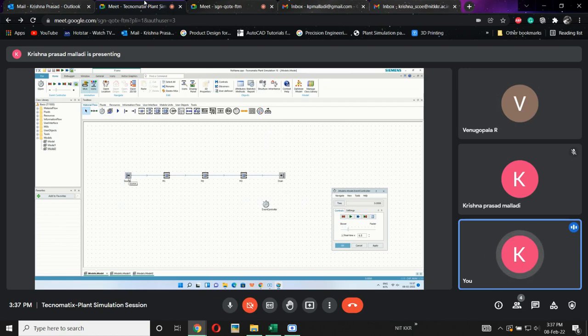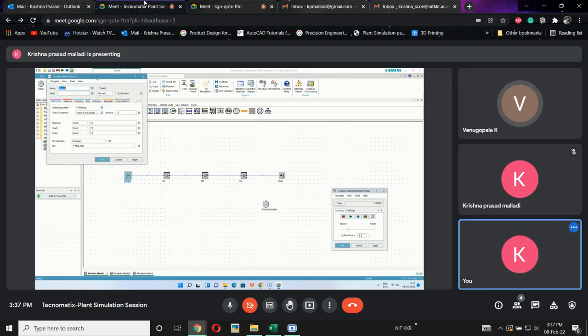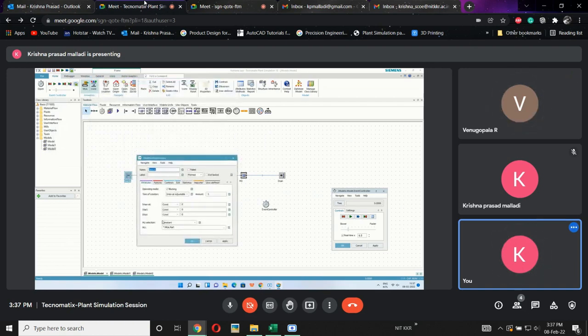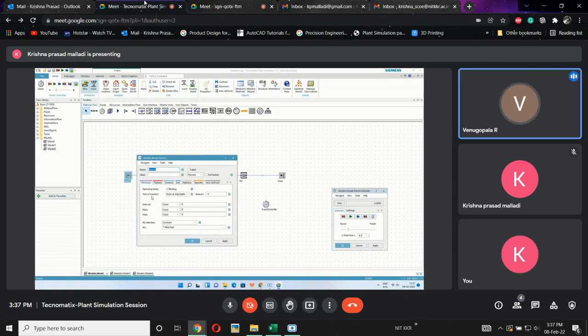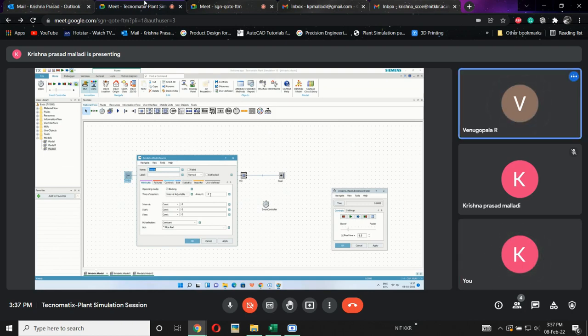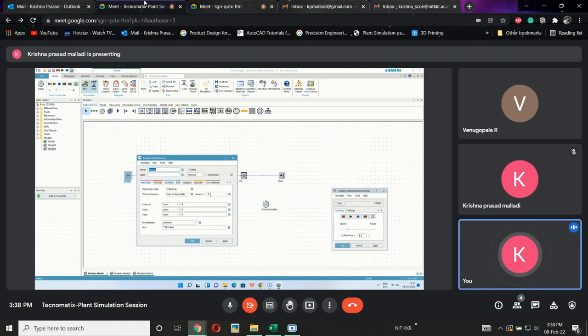We need to double click on the input, and a pop-up is opened. In that pop-up, in the second line, there is an option, type of creation. In that, there is a drop-down menu. Initially it was interval adjustable, which is -1, which represents whenever a part is exiting from the source.